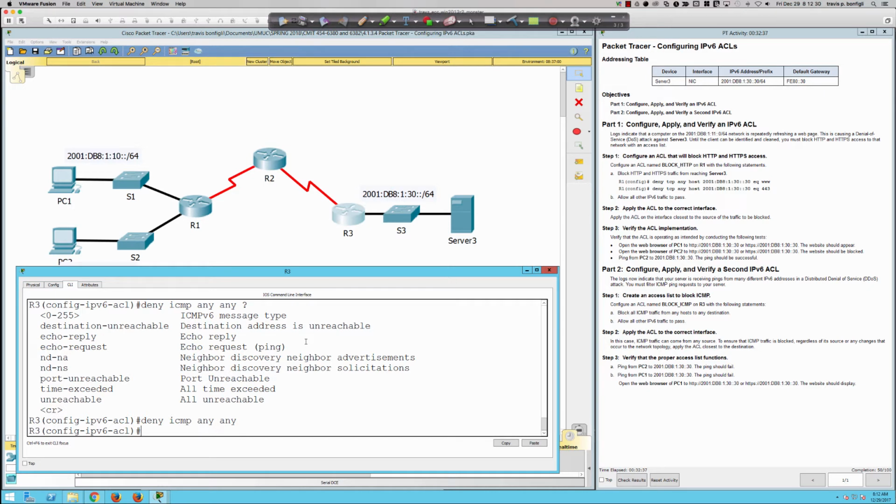Yeah, it's not going to be that no other traffic is allowed. Remember, we've got 3 implicit lines at the end of every IPv6 ACL. Those 3 implicit lines, again, are permit ICMP any neighbor discovery neighbor advertisements, and permit ICMP any neighbor discovery neighbor solicitation, right? So remember, the neighbor advertisements and the neighbor solicitations, the IPv6 ACLs are constructed in such a way that it's going to protect you from turning those off by mistake,